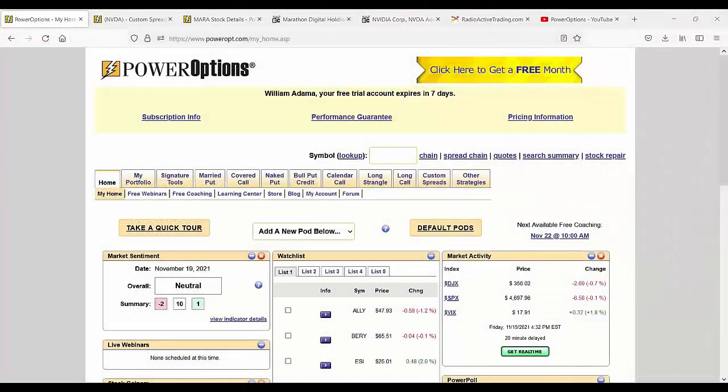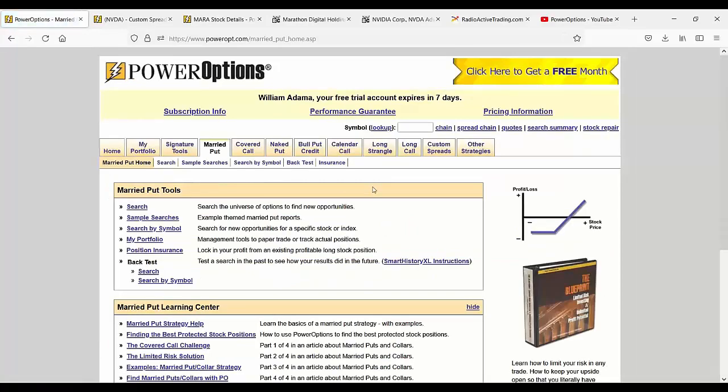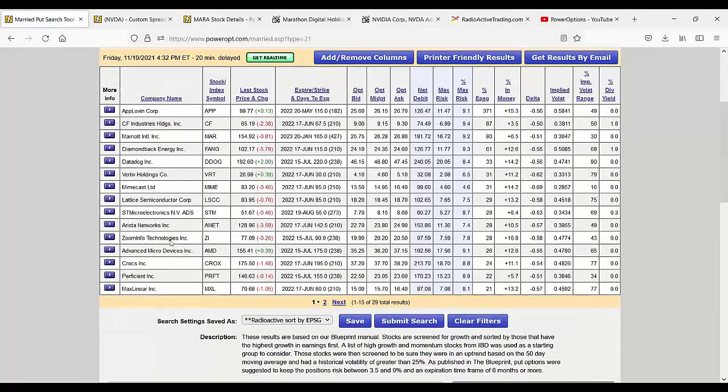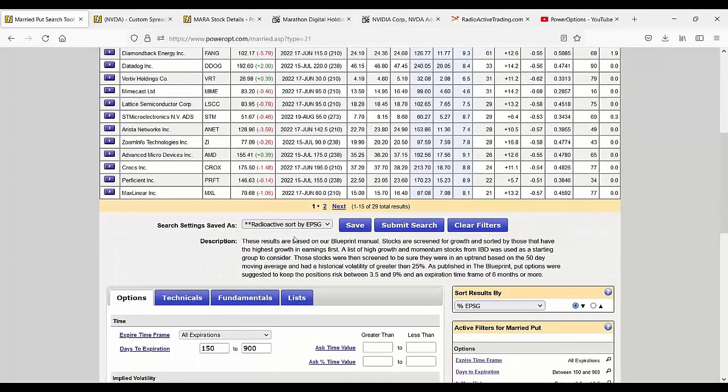And then Robert, the earlier question you asked was related to the married puts, the radioactive trades. This is where we buy the stock and buy the put to have the controlled risk in the position, single digit risk. And Robert says, using the default criteria that we have based on the blueprint, which is the full course where we discuss the married put approach and our preferred 12 adjustments off of that married put position,